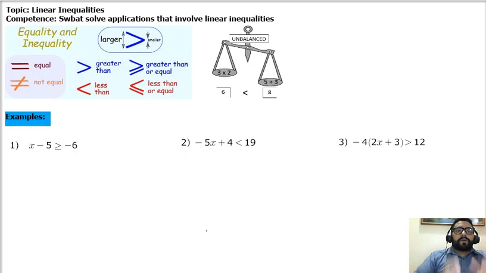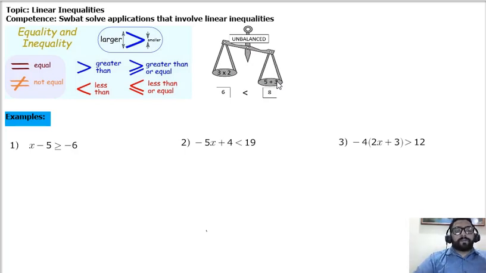Hi everyone, today I'm going to explain linear inequalities. Linear inequalities are like the opposite of linear equations, and for linear inequalities we are going to use the symbols less than, greater than, or equal to, and less than or equal to. It's going to be equal to when we have the line under the symbol of less than or greater than. And remember, basically inequality means an imbalance, or it says that we're going to have different quantities